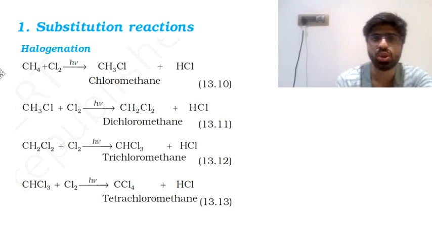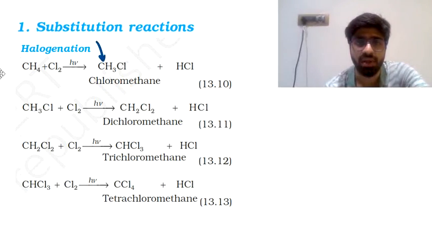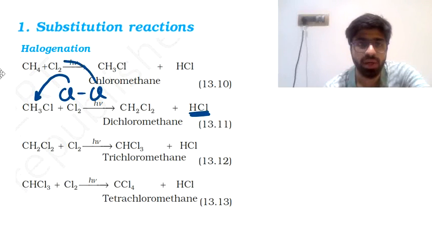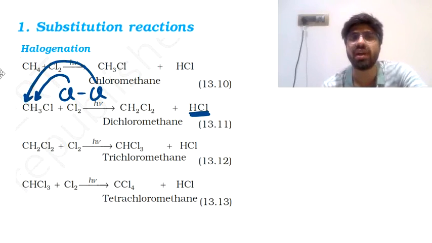The reaction doesn't stop here, because if you look at this carbon atom, it still has 3 hydrogen atoms which it can give. So that CH3Cl further prefers to react with chlorine. So this is going to give you 2 chlorine atoms. This was ultimately Cl2. One chlorine will take away one hydrogen with it. It will form HCl, and the other chlorine is going to get attached with the carbon atom.